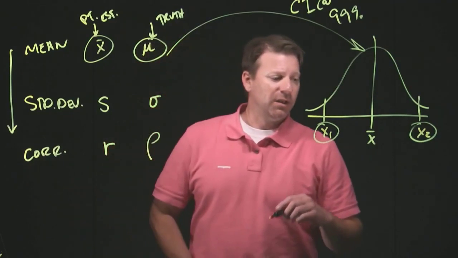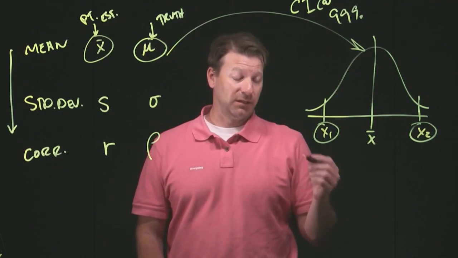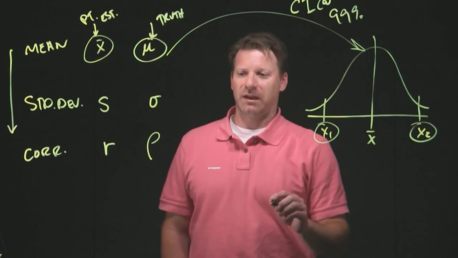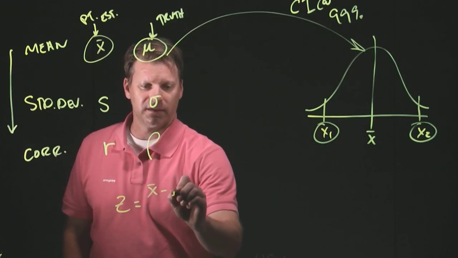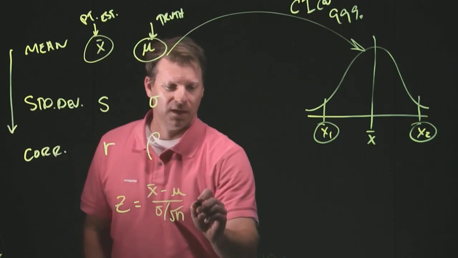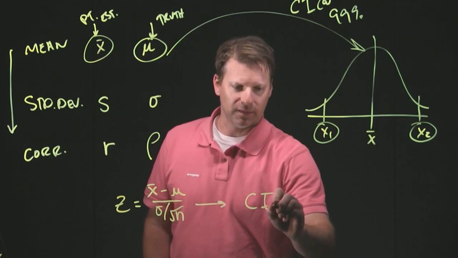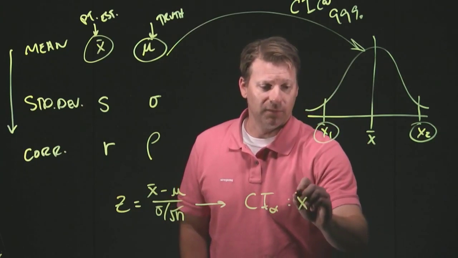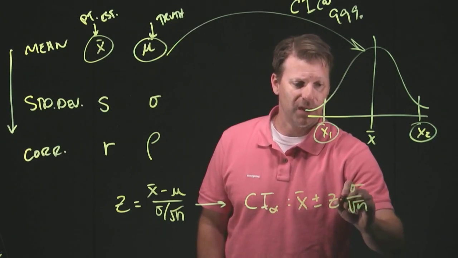Now, in the next video, what we're going to do is demonstrate the calculation of a confidence interval using a large sample size or a z distribution. But just to jump ahead a little bit, this is where we left off after we talked about the central limit theorem. We have this familiar equation. We can use those same inputs and find an equation for a confidence interval, again at some specified level of confidence. We could say x bar plus and minus, for example, z times the standard deviation over the square root of n.